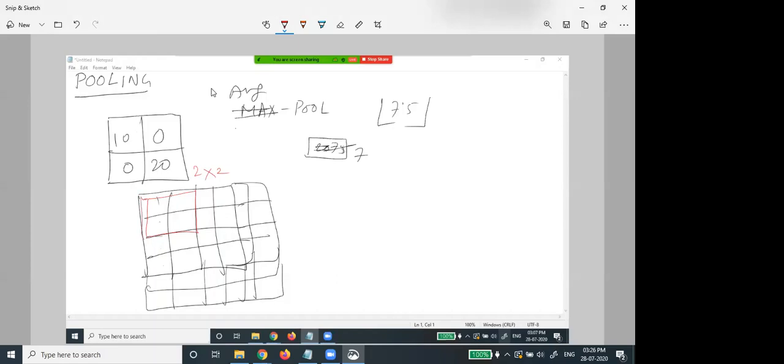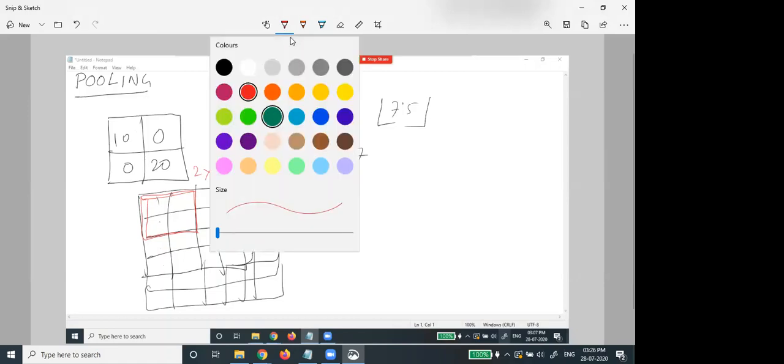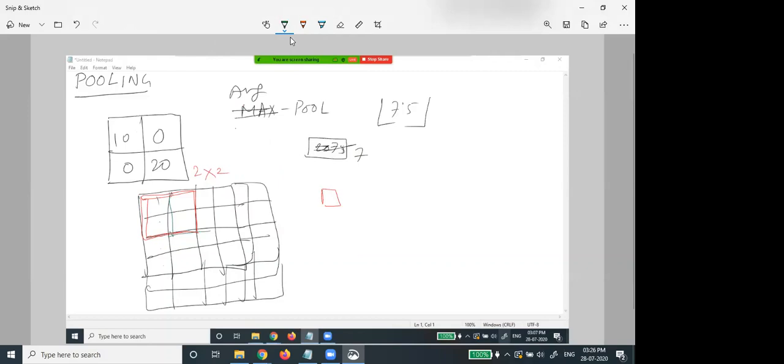Here it will give me one value. One more thing: in the max pooling operation, we generally take stride equal to 2.